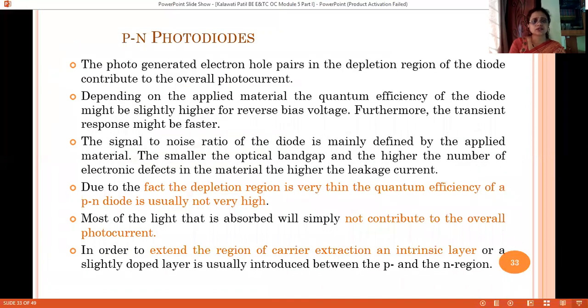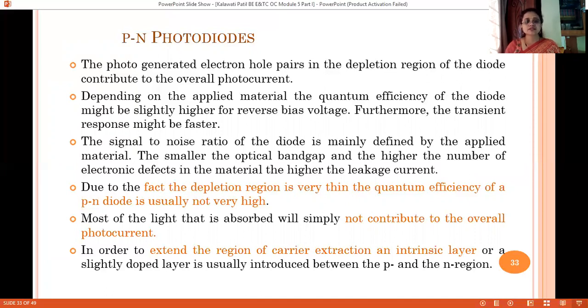So what is the solution? Now knowing the drawbacks of the PN photodiode, that the depletion region is thin and wherein the maximum absorption takes place, hence to improve the quantum efficiency, wherein we wish to have the photoelectrons generated be one to one for the incident photons, which is not possible in this normal simple PN photodiode because of, as I said, the thin depletion region and maybe some defects present across this diode.